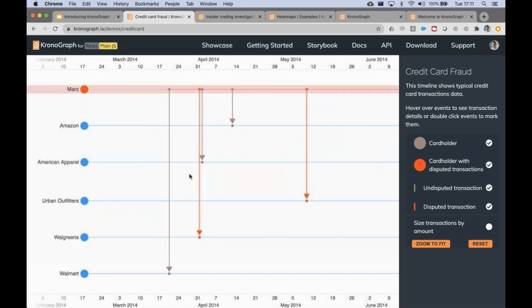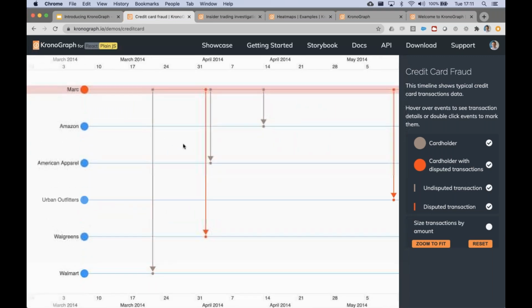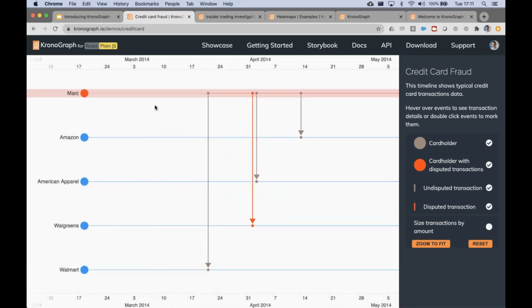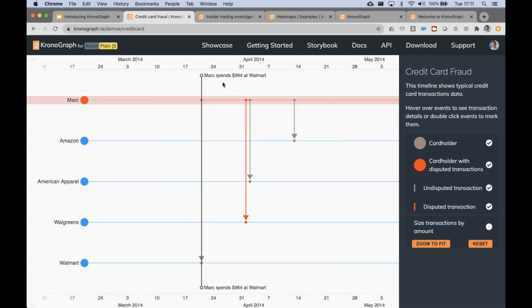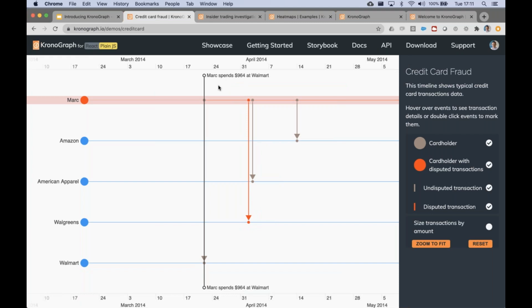So one thing we can say is, well, let's have a look at what Mark was doing around about the time he had this transaction. And we can see Mark isn't actually using his credit card much at all. He's only used it once, anywhere close to that fraudulent transaction. He spent quite a lot of money at Walmart. I'm going to pin that transaction to my timeline. It's kind of like my personal timeline here at the top,